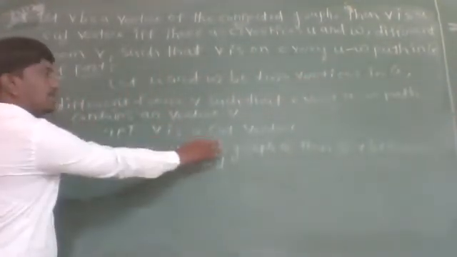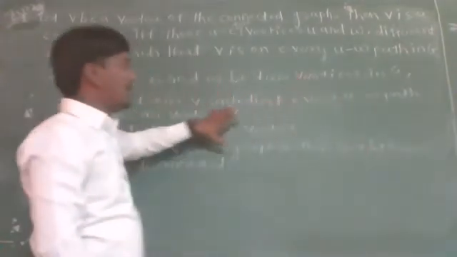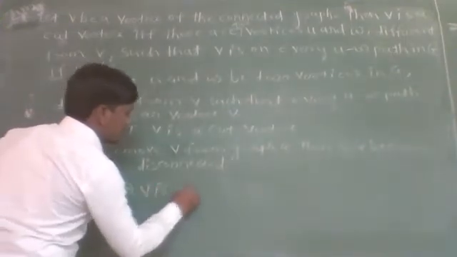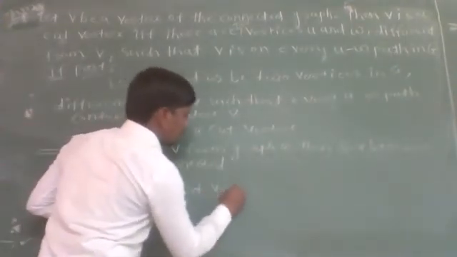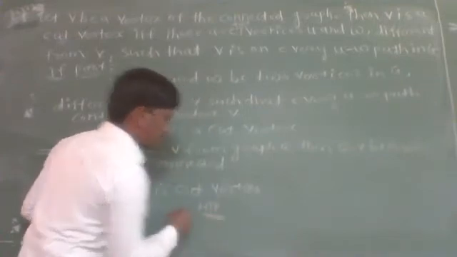So G minus V is a disconnected graph, which implies that G minus V has more connected components than the graph G has. So by definition of cut vertex, V is a cut vertex, and hence the result. Okay. Now the next theorem is